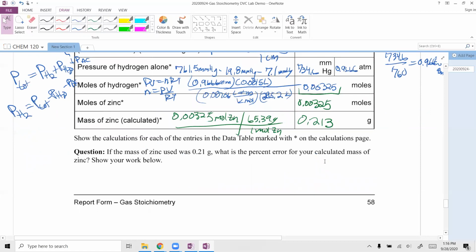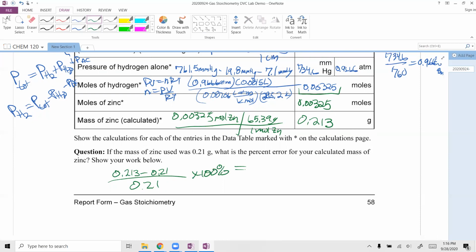Now, if the mass of our zinc was 0.21 grams, what is our percent error? Well, we can take our 0.213 minus 0.21, divide all of that by 0.21 times 100%, and we can see what we get. So 0.213 minus 0.21, divide by 0.21, and so we get something like